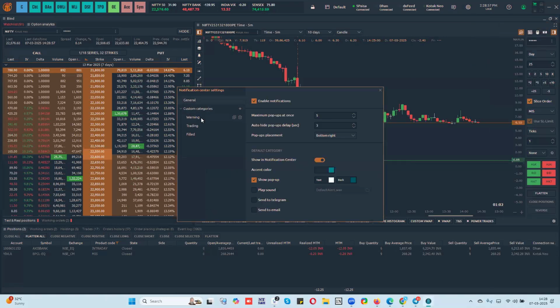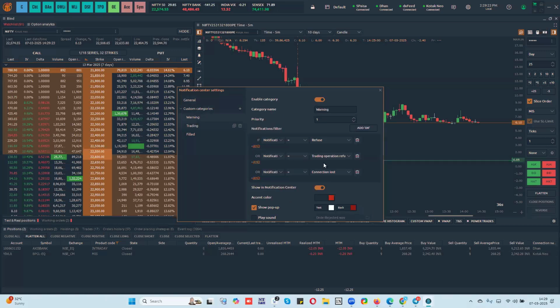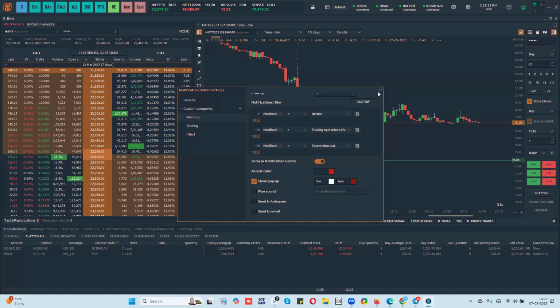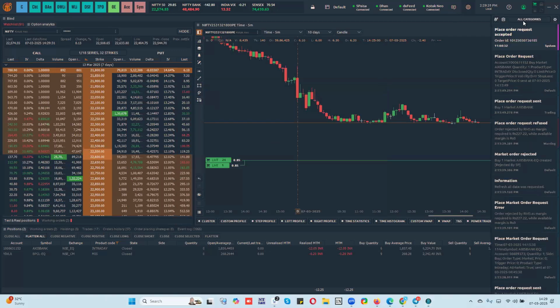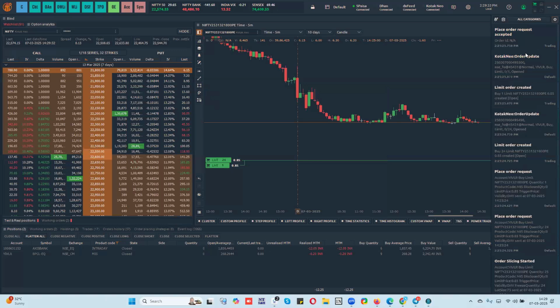You can customize what type of notification you want: you want to play a sound, you want to send a message to Telegram, email, all that are available. So you can configure the notification window the way you want it, depending on the order messages that are coming in. You can read the content of the text message, and based on certain keywords, you can also configure your settings. There are rules that you can assign and configure. For that you need to go to the notification window, go to settings here, and you can configure this.